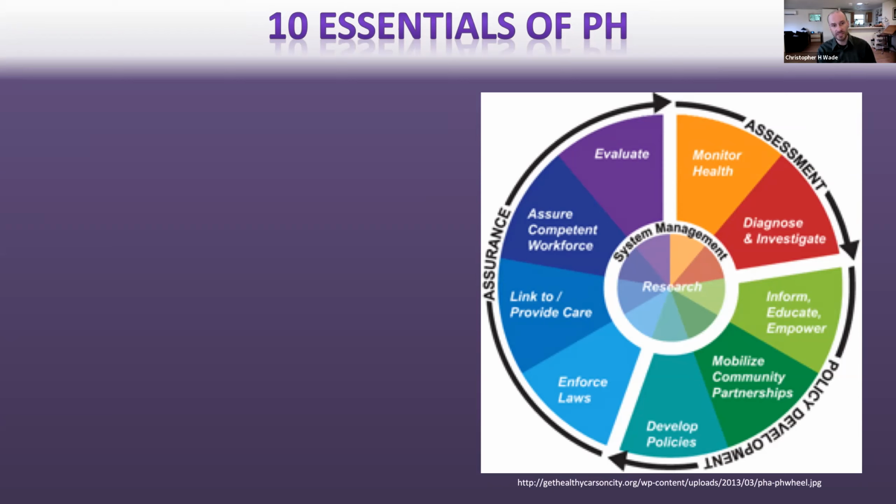So there is the idea of enforcement in public health, which is kind of interesting because we also talk a little bit about some of the public health challenges of how we enforce things and discriminatory impacts of that, right? So there are other sides to that as well. There is linking to and providing care. One of the main issues that we have in public health is that populations or people don't have access to the healthcare that they need, right? So a major role and responsibility of public health is to help people to actually get the healthcare that they need in an appropriate and timely way so that they can take care of their problems.